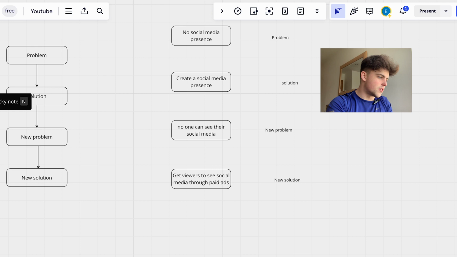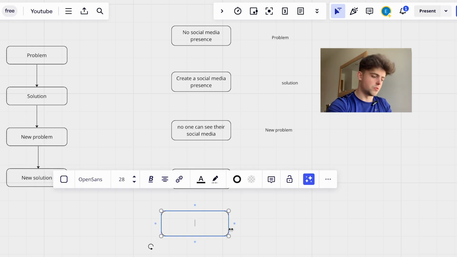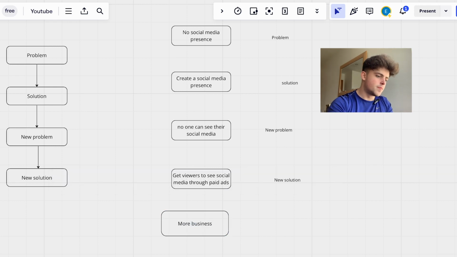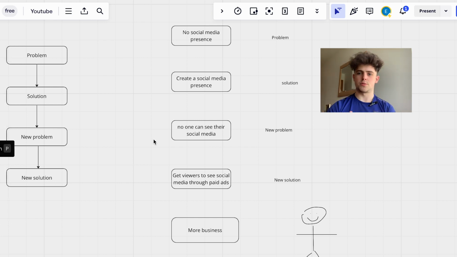I suppose I'll take a new one here, and we can call this the end goal, and this is just more business. And then obviously there's going to be very happy customers. I'll give them a body as well. But yeah, obviously there's going to be more business, and the customer's going to be very happy as a